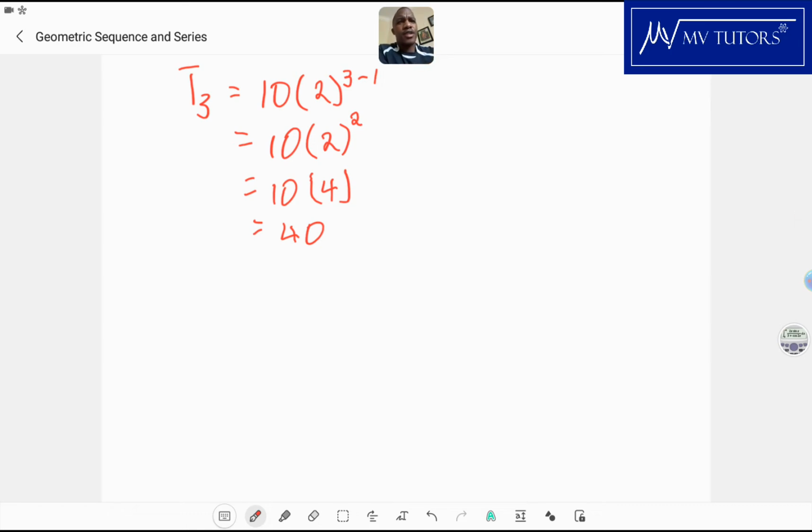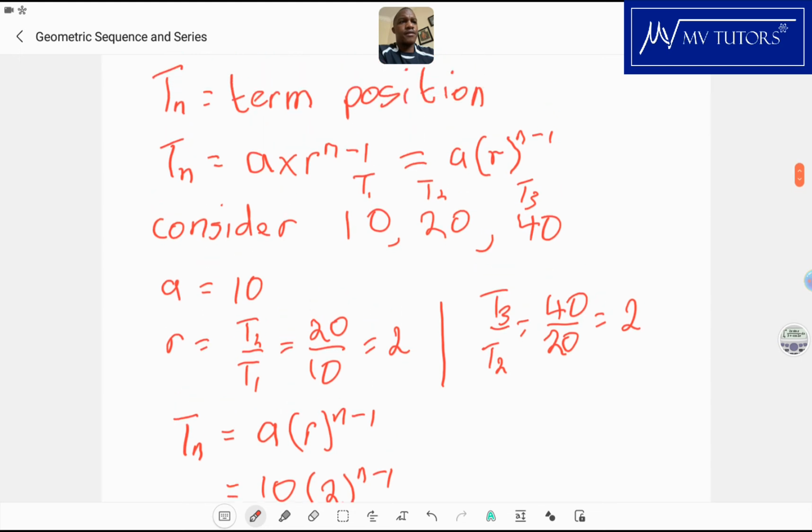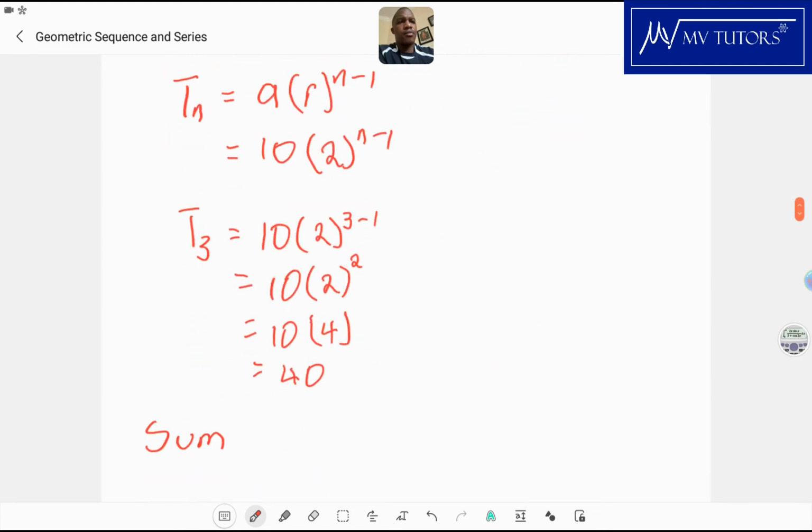Now let's talk about the geometric series. We're done with the sequence. That's as far as you can get as formula is concerned. Now, for geometric series, when we are talking about the series, we are really talking about the sum of the terms. So instead of the commas, now we're going to put